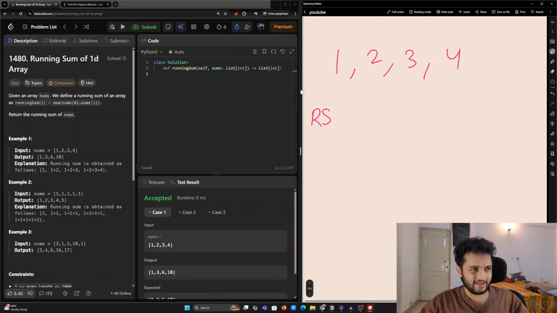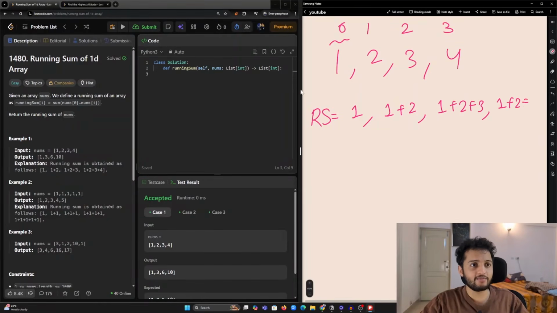Let's call it RS. The indices are 0, 1, 2, 3. The first element will be the sum of all the elements till index 0, which is 1. Then the second one will be the sum of all the numbers till index 1, which is 1 plus 2. And then the third one will be 1 plus 2 plus 3.